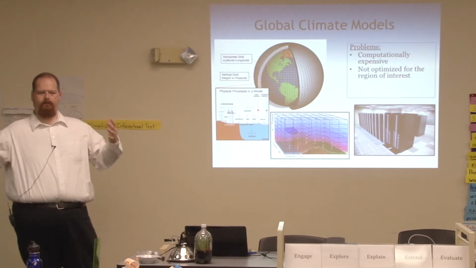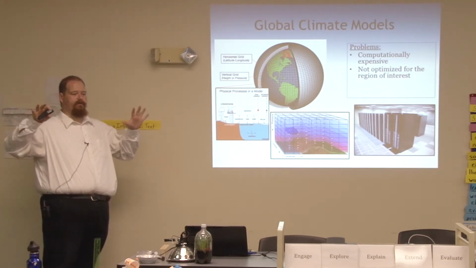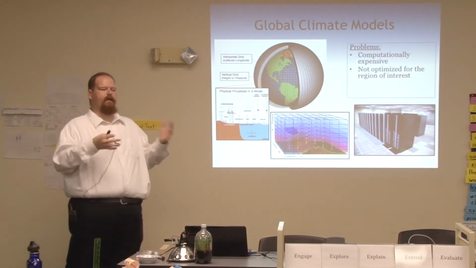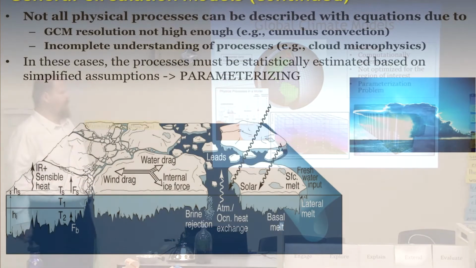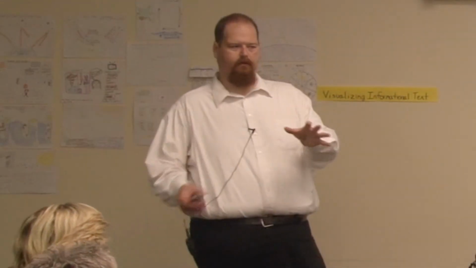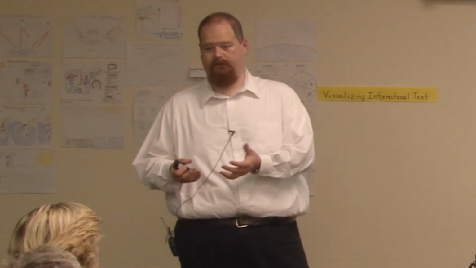We're trying to get at what the climate projections are going to be like, and we're using the large forcings. Where is the sun? What's our position in those cycles that we talked about earlier? We also have what we call this parameterization problem. We can't represent all these physical components explicitly. We can't model them because we don't fully understand them, first of all, and we don't have enough computer resources. So we have to add their effects to the model.